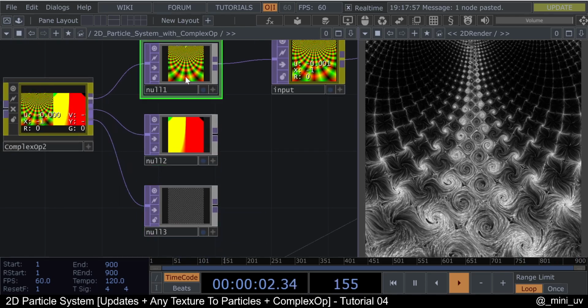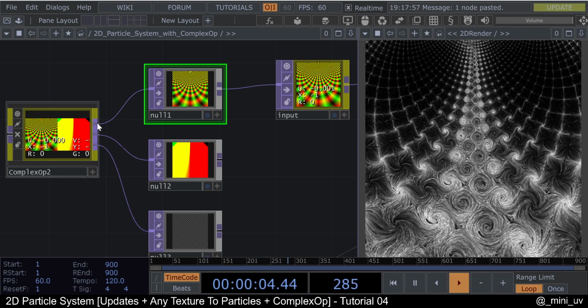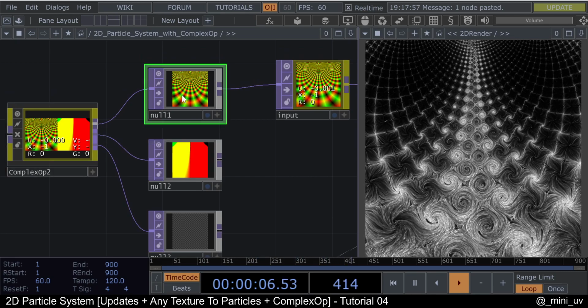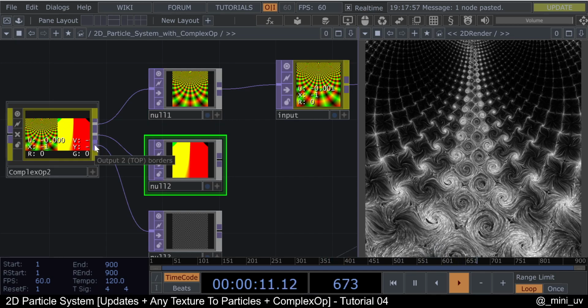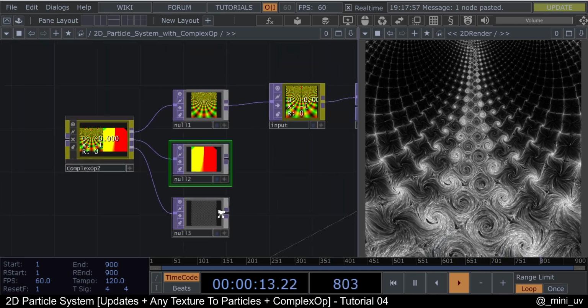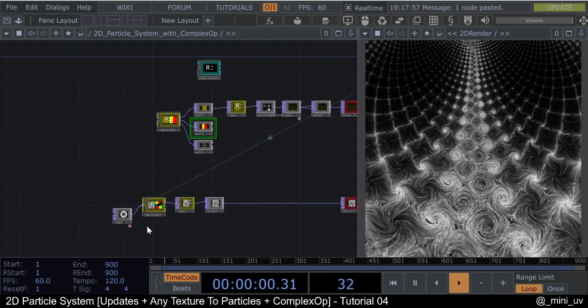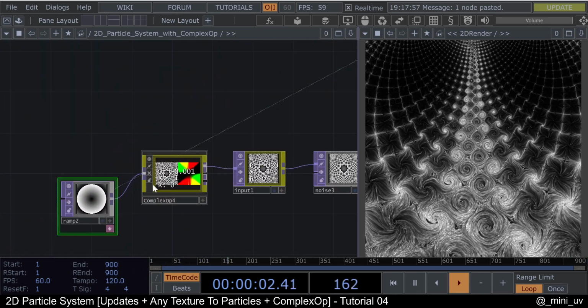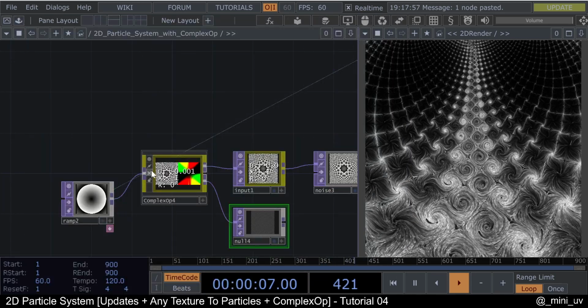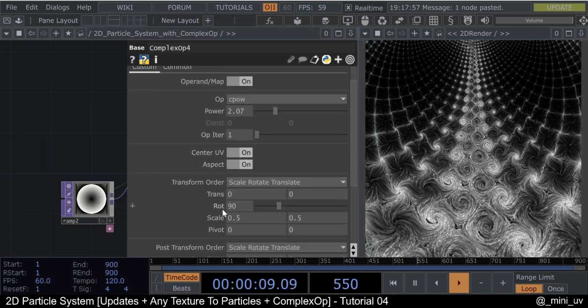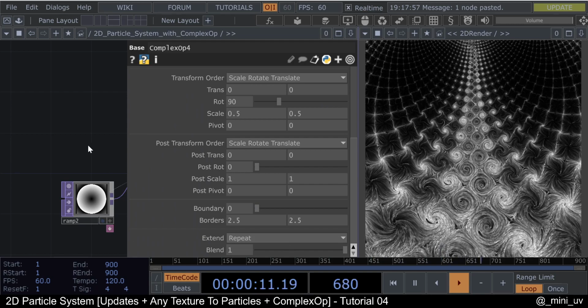So yeah, this is the mapped output. This is the UV, and this is the borders. So the borders are only, I think, when we put an input. Let's see. No, I'm wrong. I think maybe it's